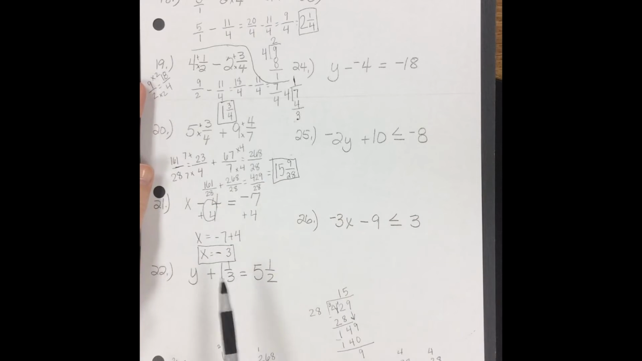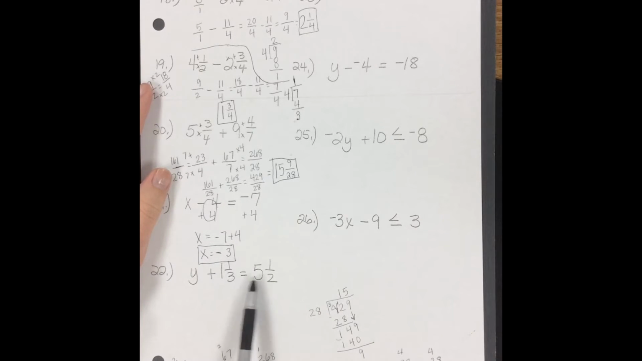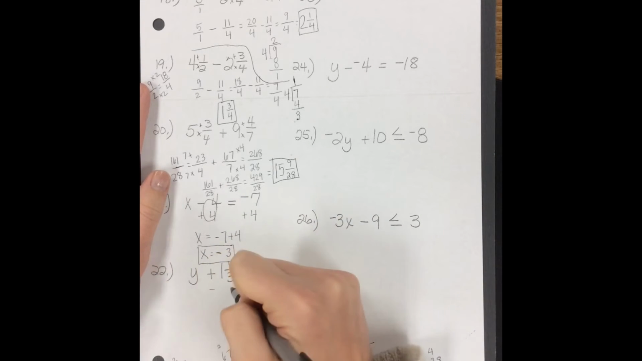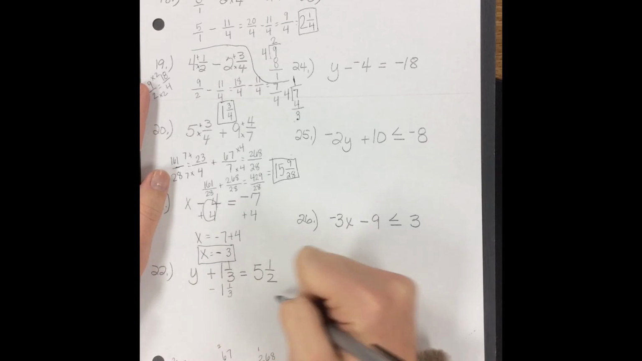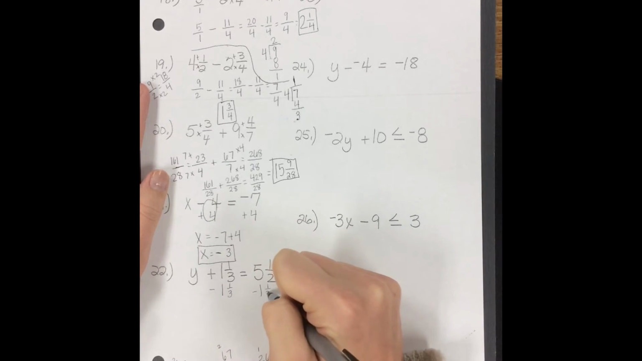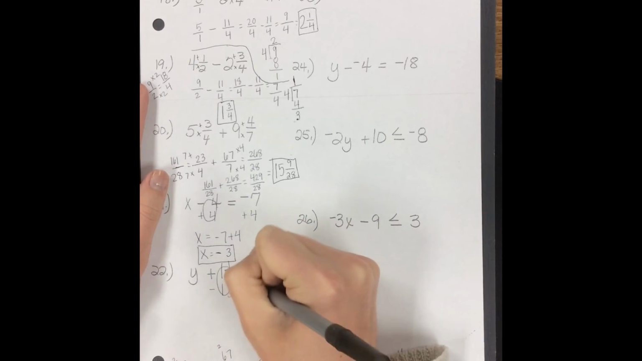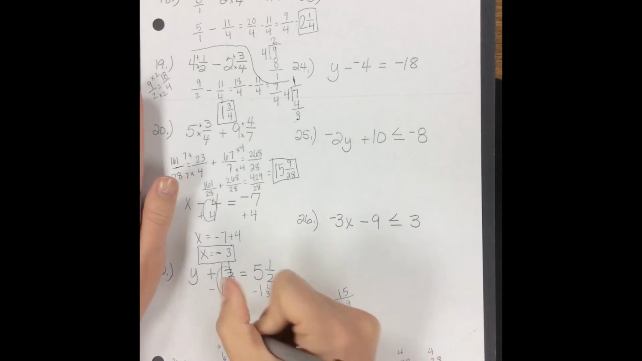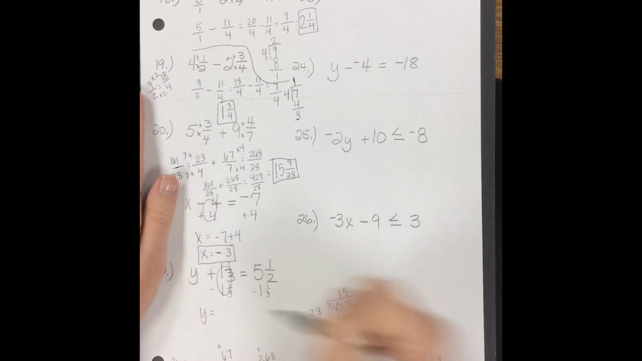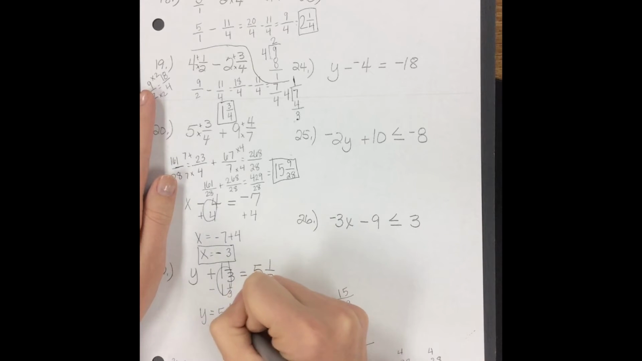All right, now we have some fractions over here. Don't get scared. Okay, y plus 1 and 1/3 equals 5 1/2. Okay, so we need to solve for y, but y is getting added to 1 and 1/3. So we need to do the inverse operation again. Subtract 1 and 1/3 from both sides. All right, remember that makes your constant become 0. So y equals 5 1/2